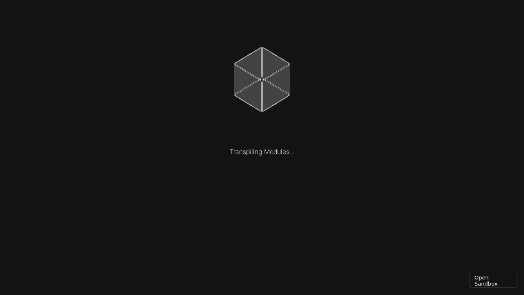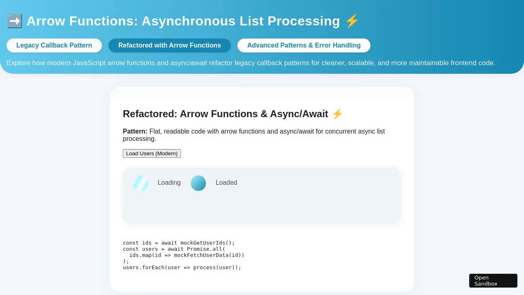The application interface loads, displaying the main heading, Arrow Functions, Asynchronous List Processing. The viewer has time to read the header and accompanying description, establishing the topic of modernizing asynchronous JavaScript list processing